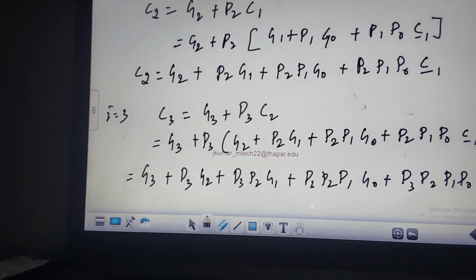As long as the minuend and subtrahend are available, I'll be pre-computing the values of the carries C0, C1, C2, and C3. So these are the logical expressions for computing carries. So this is nothing but carry look ahead adder. You understand? Now we got C0, C1, C2, C3. We got P0, P1, P2, P3. Then we need to compute the sum and the carry.